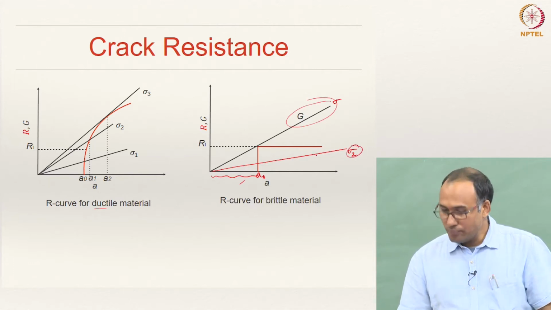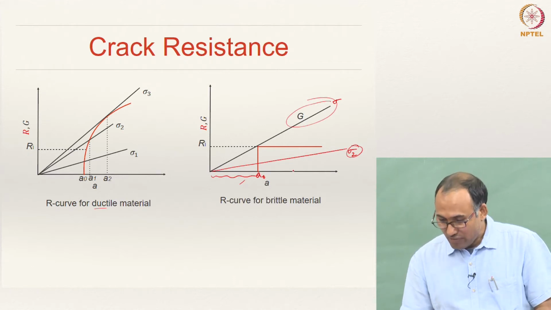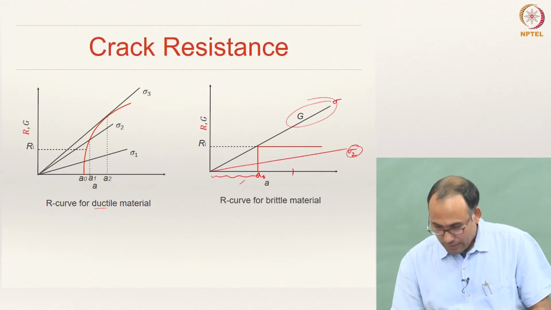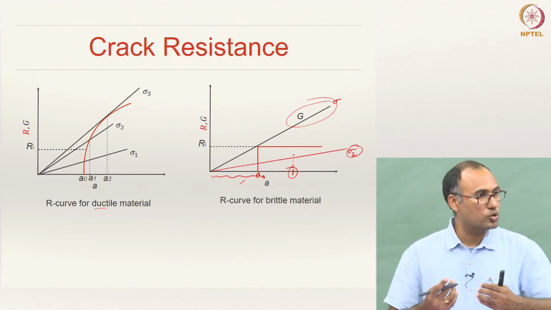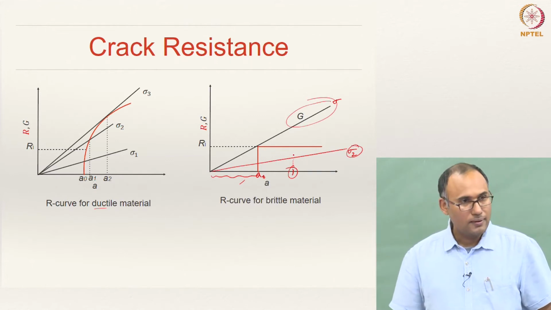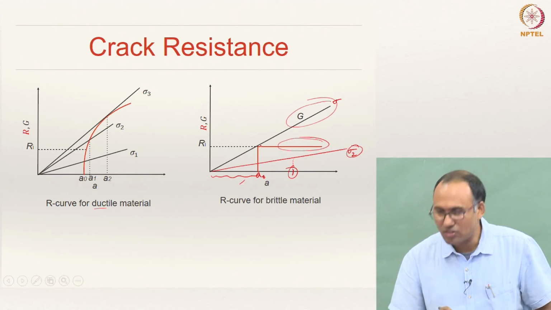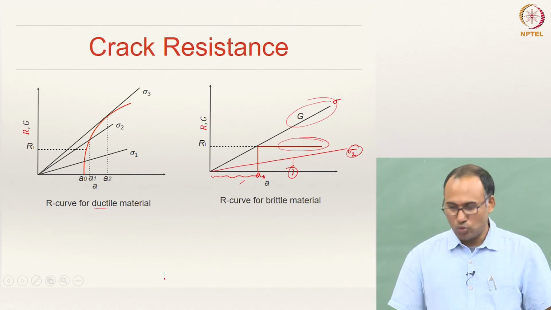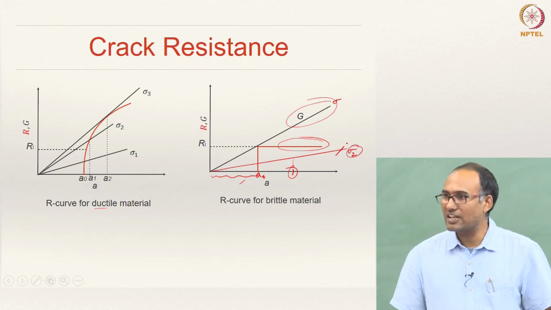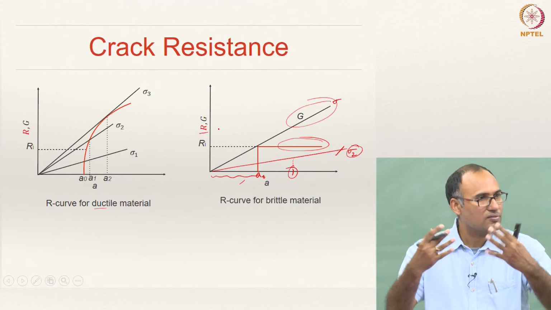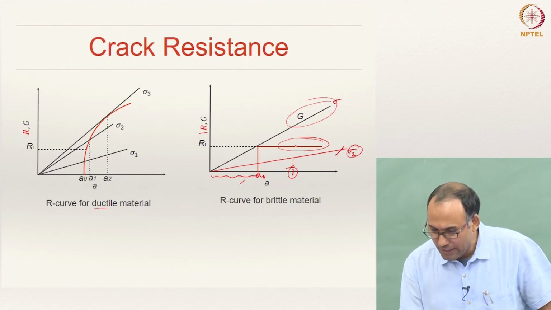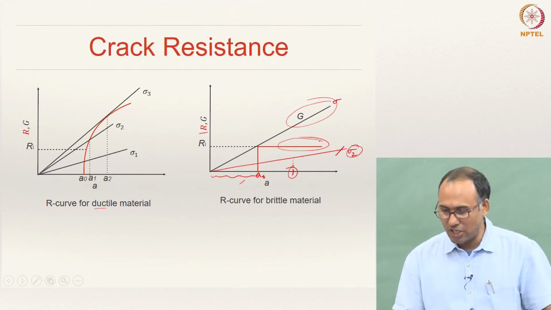Now, for instance, you take a crack here. For this particular crack length, you have to see whether the crack is going to catastrophically propagate or not. This is your crack resistance curve. The crack propagates only when this energy G is greater than R. R is your resistance, or the material property. Here G is less than that, and hence it will not propagate.